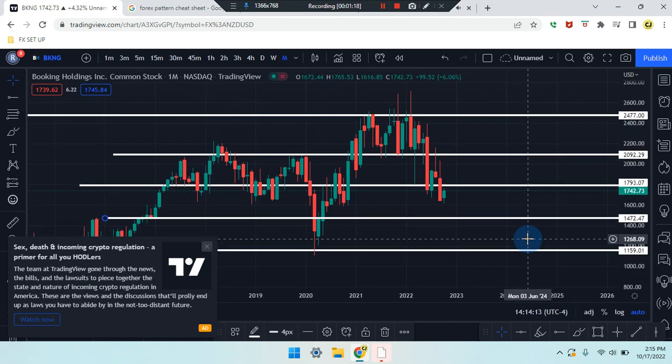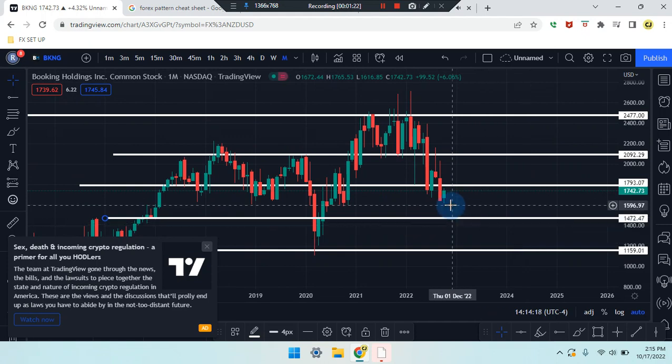So as I said before, price action on the monthly time frame is a bullish green candle. It has a long leg down to the bottom, could have enough momentum to push up to that SR line that we can see price is currently headed up to that resistance. So current price is sitting at 1742.73. So the next level it can break up to is